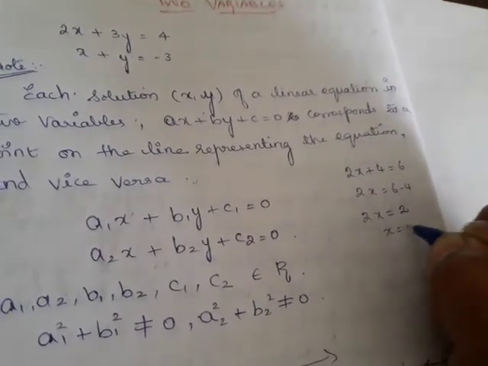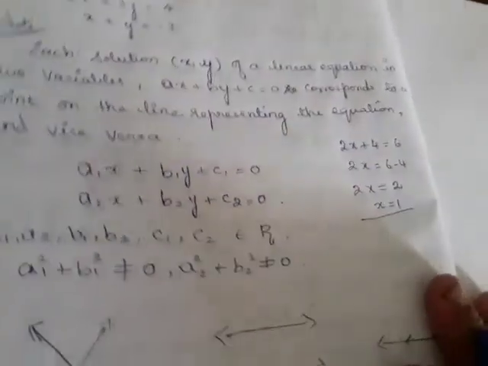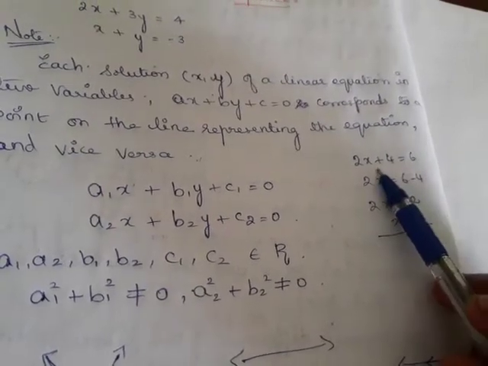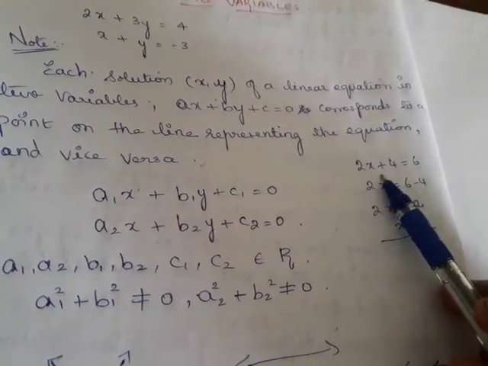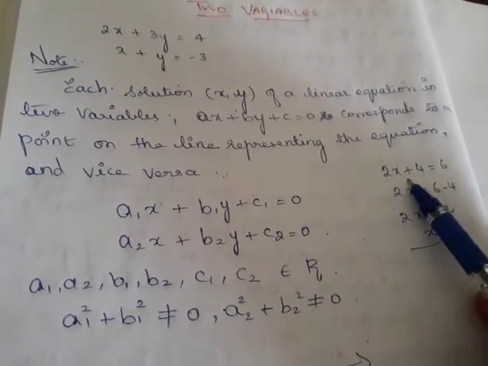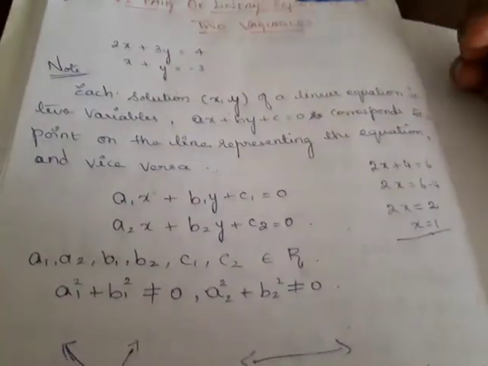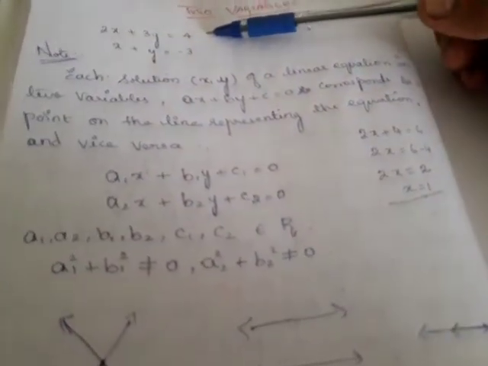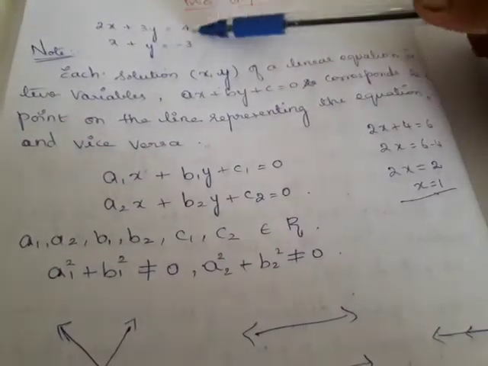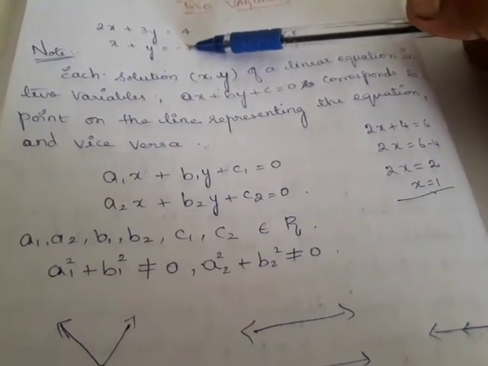So x is equal to 1, right? This x equals 1 will lie on the graphical representation of this, but here we are dealing with linear equations in 2 variables. Hope you remember. Take a linear equation in 2 variables like this. We have drawn a graph for this, right? 2x plus 3y is equal to 4. If we draw a graph for this, what will you get? You will get a straight line.